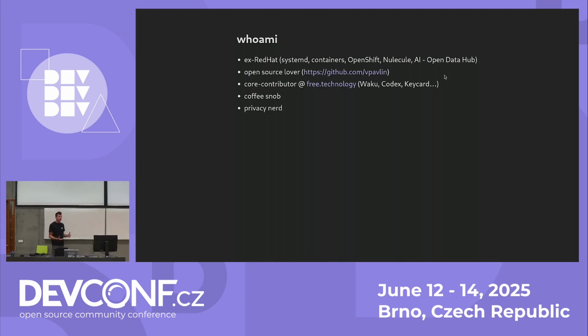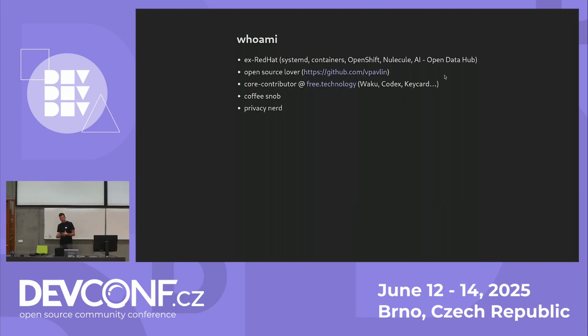I love open source. I basically only do open source. I don't even have any access to any private repos at this point, probably. So you can find all my code through my GitHub repo. And I'm a core contributor in a company called Institute of Free Technology. The website is free.technology, and we build a bunch of open source projects that are focused on peer-to-peer network decentralization, building permissionless systems, censorship-resistant systems, and protecting the privacy of users.